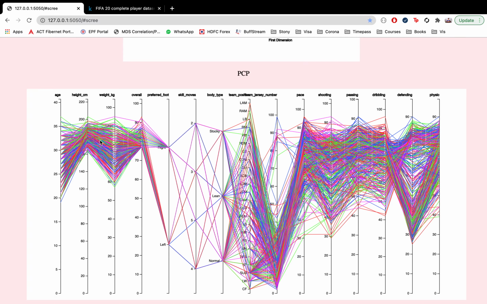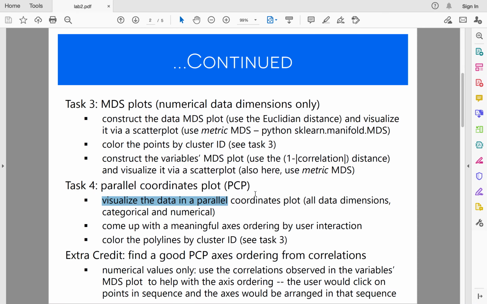This PCP plot shows, for each data point, how the data varies from one person to another. That's how the PCP plot gives a bigger picture. This might be useful when the number of values in the categorical variables is pretty small, because otherwise it looks like a cluttered mess. If the data is small, it's better to show it in a PCP plot compared to the others. But if the data is larger, I think we can go for the other set of visualizations.